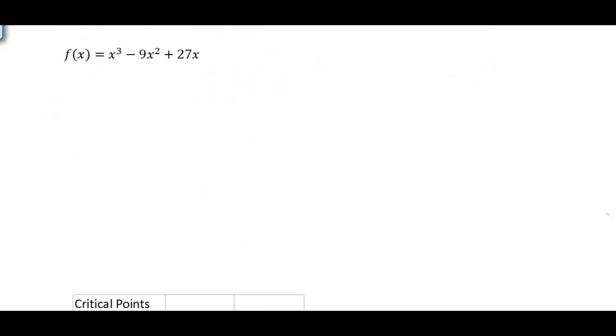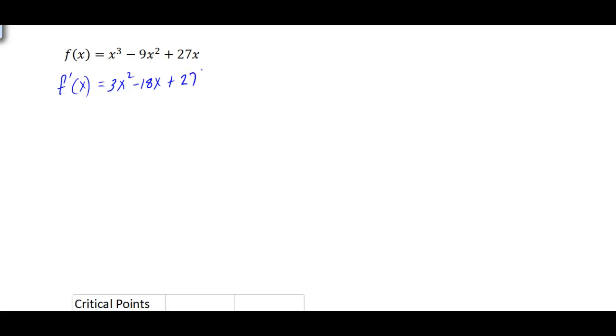All right, if we look at one more example here, x cubed minus 9x squared plus 27x. Again, we want to use the second derivative test, if possible, to find relative max and min. So we're going to start out by finding the first derivative, which would be 3x squared minus 18x